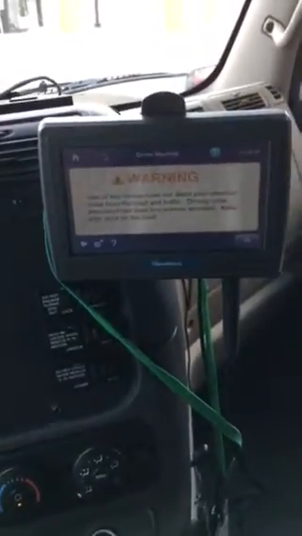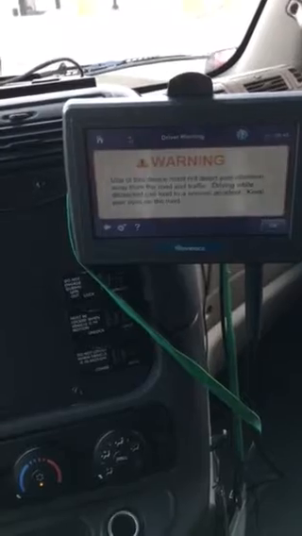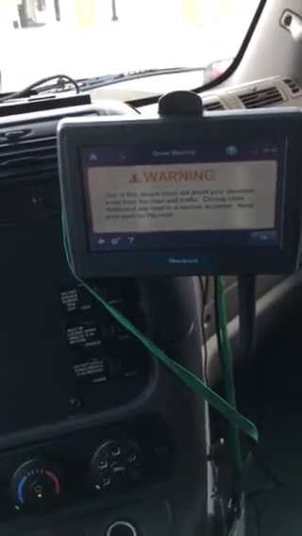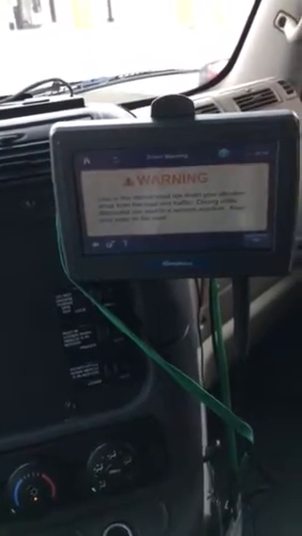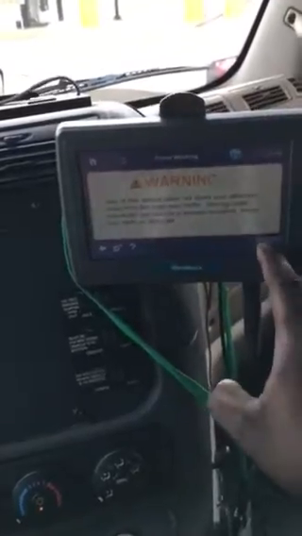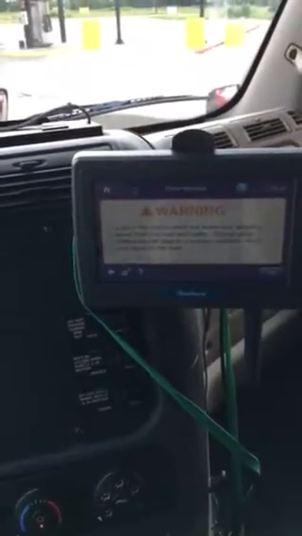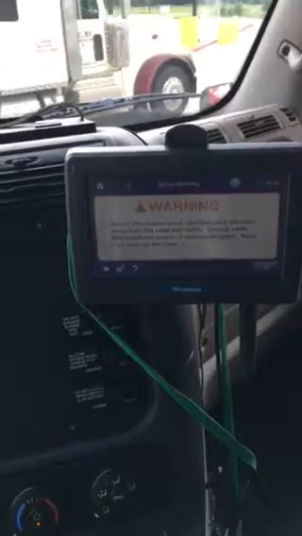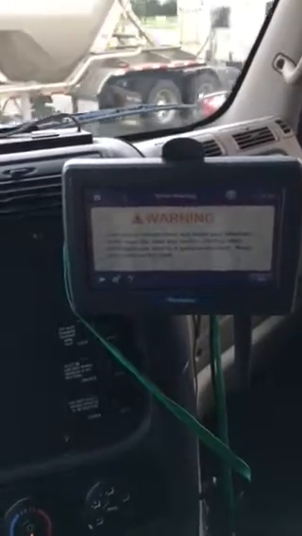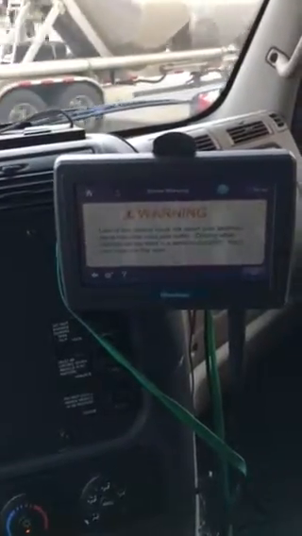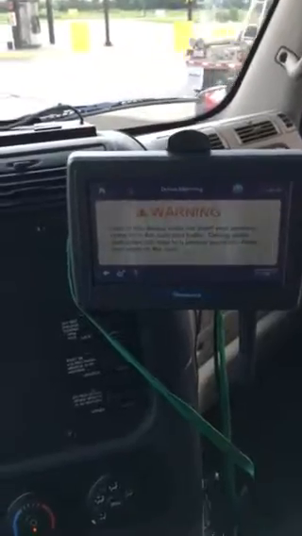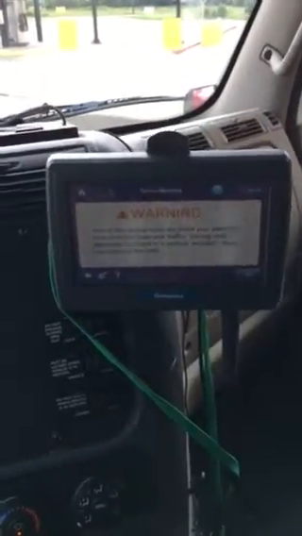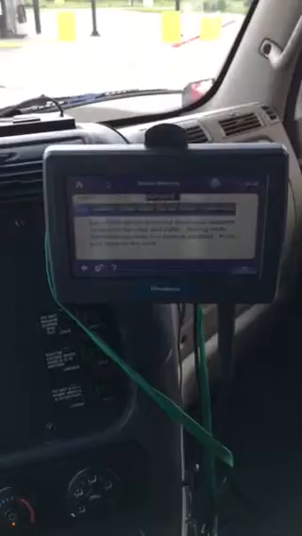I'm going to give y'all a little bit of the Qualcomm. I believe it's the SP200 model of the Qualcomm. A lot of companies use it. And this is what the screen will come up when you first start your truck up. This is basically telling you do not use this device while you're driving. You could have a serious accident by using this while you're driving. So it's telling you keep your eyes on the road. Okay, hit OK, and it'll bring you